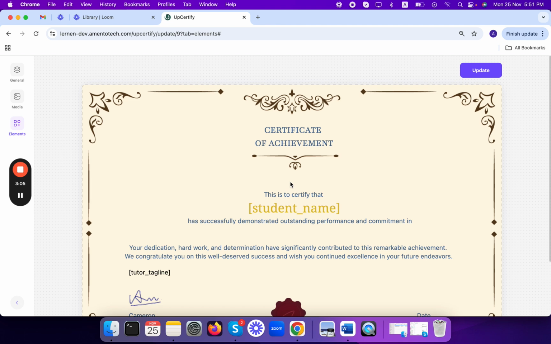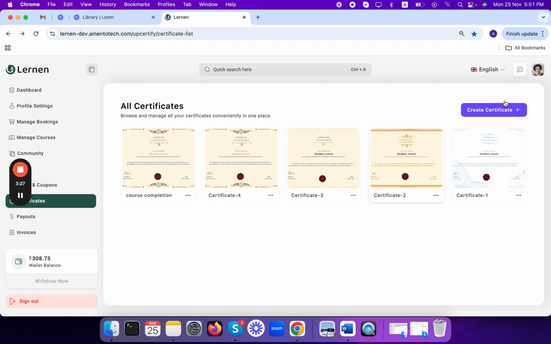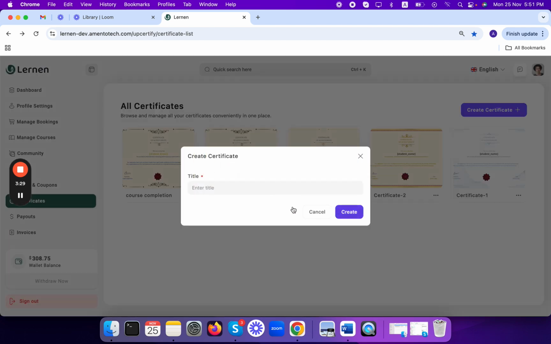So once you're done with all of these customizations, your certificate will be ready. You can use it for your learners, reuse it as a template, or continue refining it to fit your future needs. Another thing, if you want to create a new certificate, we can click on create, enter the title, create,